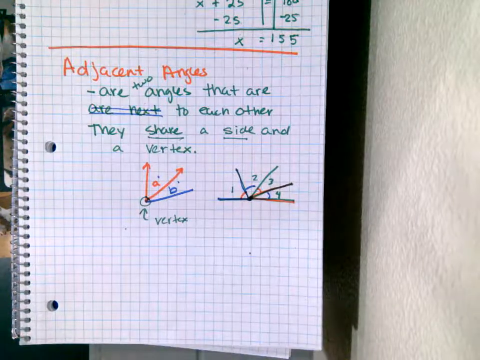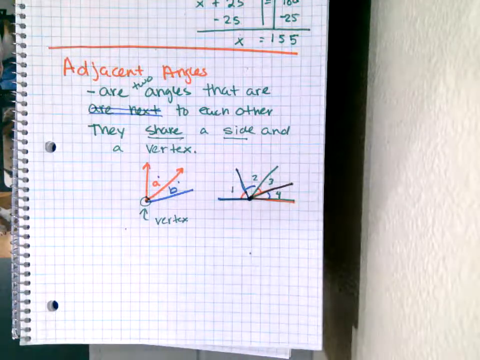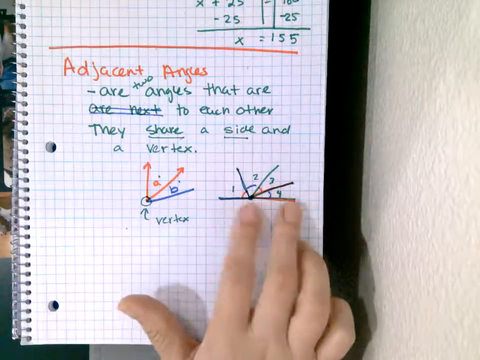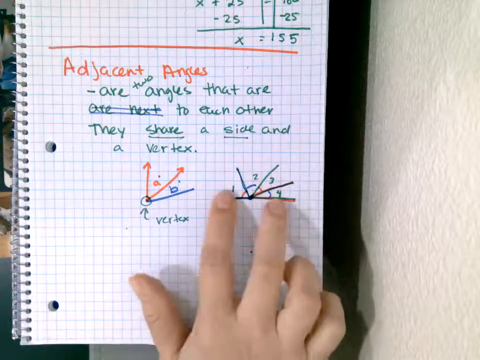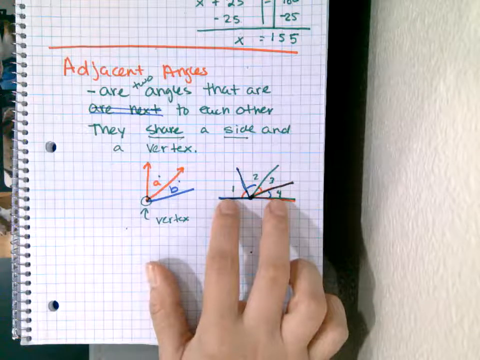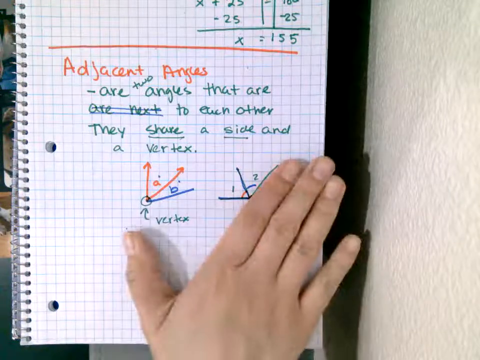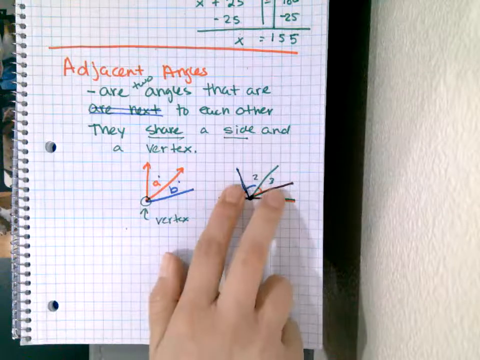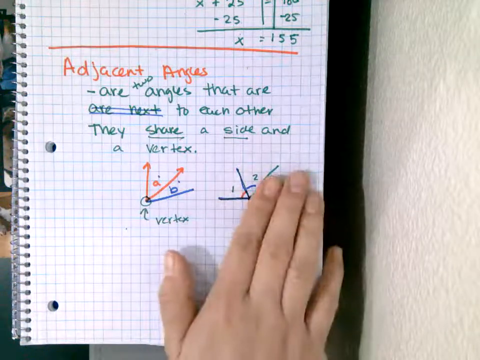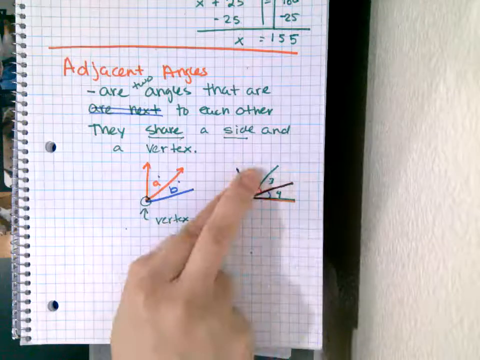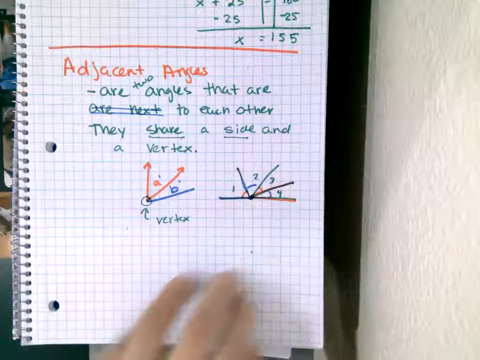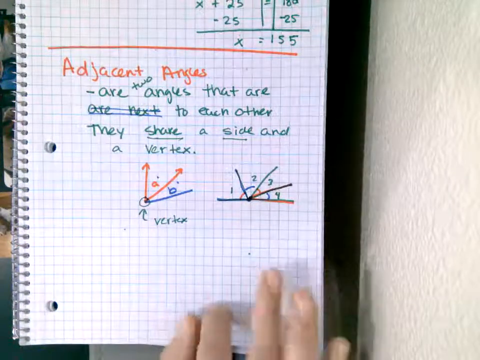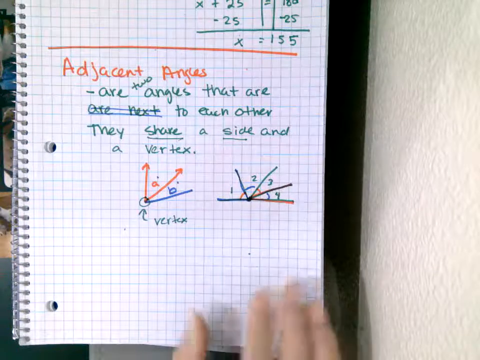So adjacent angles are just two angles that are next to each other. They share a side and they share a vertex. 1 and 4 is a clear example of not adjacent. 1 and 2 are adjacent. 2 and 3 are adjacent. 3 and 4 are adjacent. So 1, 2, 2, 3, 3, 4 are adjacent. So with these problems you just identify the angles that are adjacent. That's it. That one's easy. We're good? All right. Now,